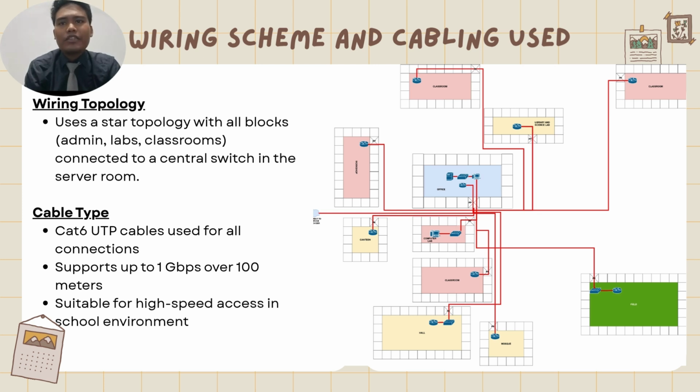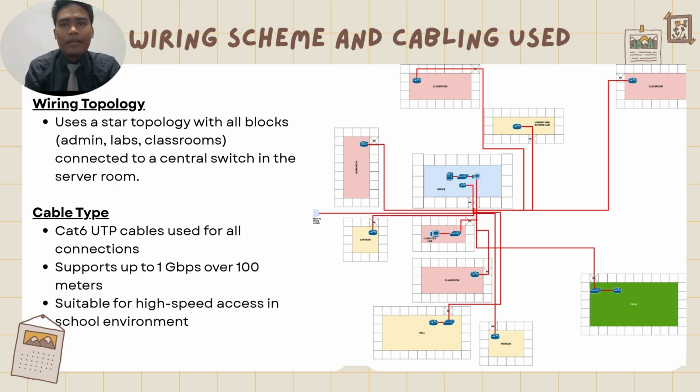The cabling specification calls for Cat6 UTP, unshielded twisted pair cables for all connections, chosen for the ability to support data rates up to 1 gigabit per second over distances of up to 100 meters. This high-speed capability is essential for a school environment, enabling fast internet access for educational tools, video streaming, and administrative